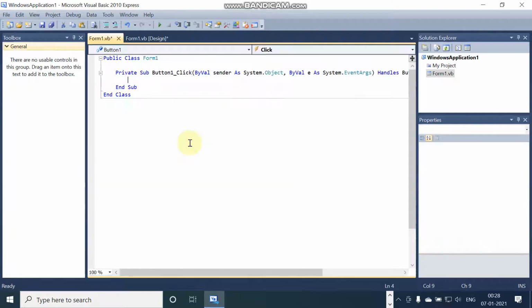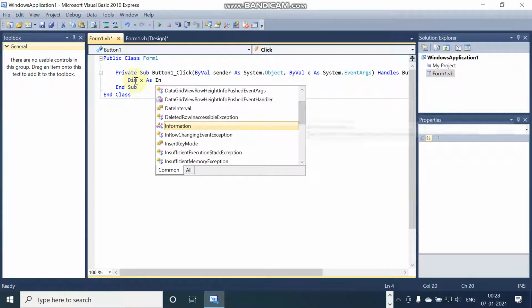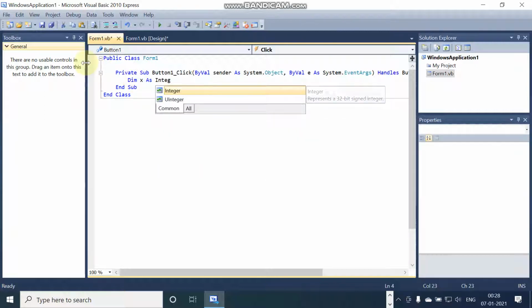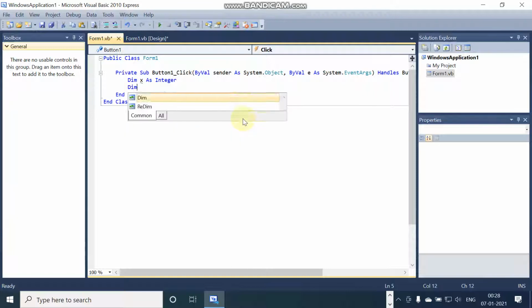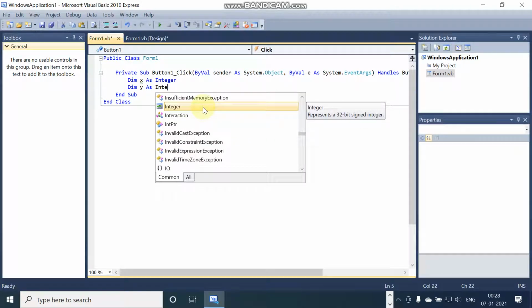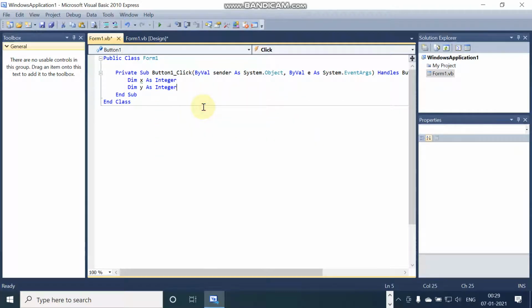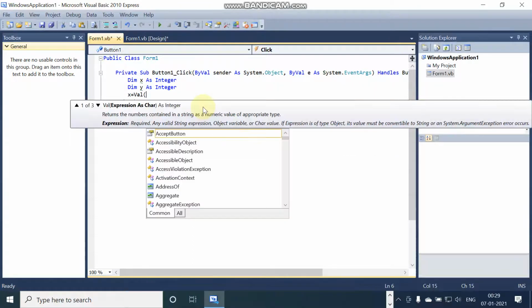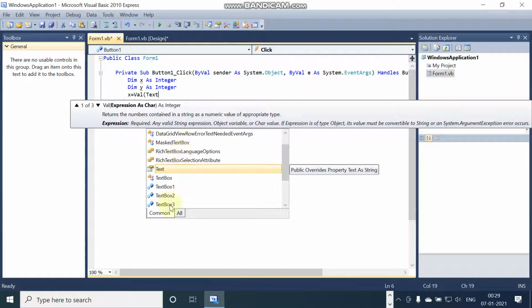Click on the Add button. The code window will open. Here you write Dim x As Integer. That means we are taking two variables where we will keep some value, and Dim y As Integer. We are creating the second variable, and we are writing x = Val(TextBox1.Text).